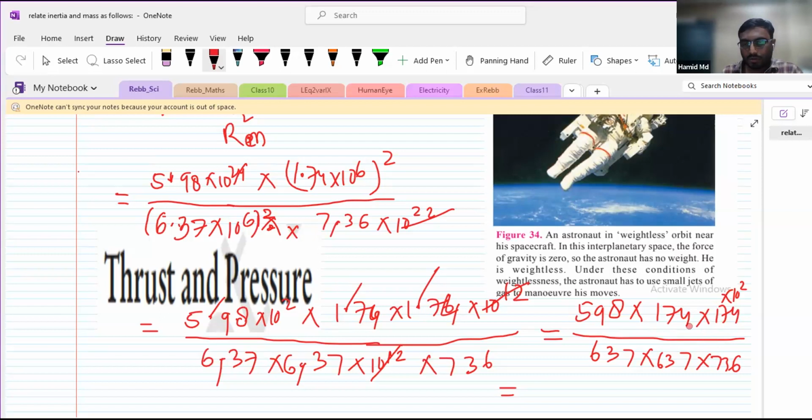So this is somehow 181050480. What is next? 637 into 637 into 736. So this is